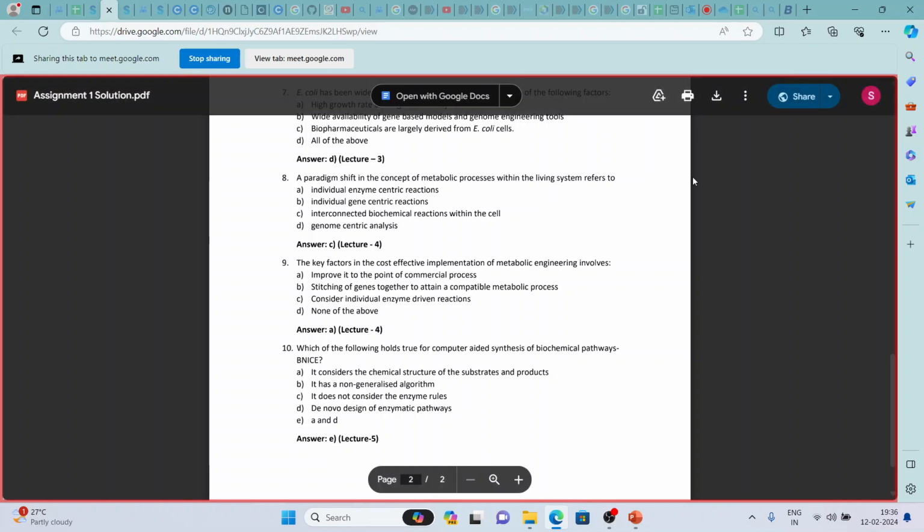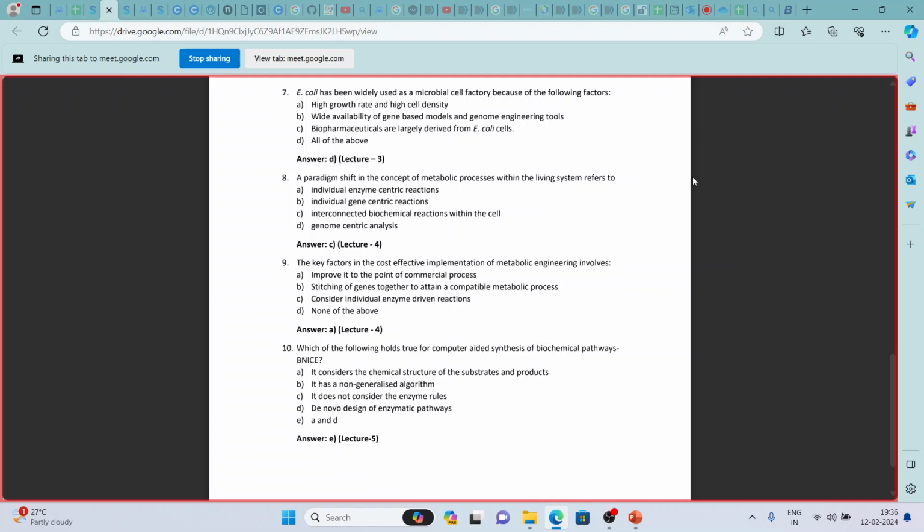So, when we're talking about this paradigm shift in metabolic processes, what has actually helped in metabolic engineering is understanding how biochemical reactions are connected with each other, such that if you change one particular node, or in this case, one particular product or reactant in a particular way, then it doesn't affect that particular subpathway alone, it affects the entire cell's physiology. So we were able to capture that using